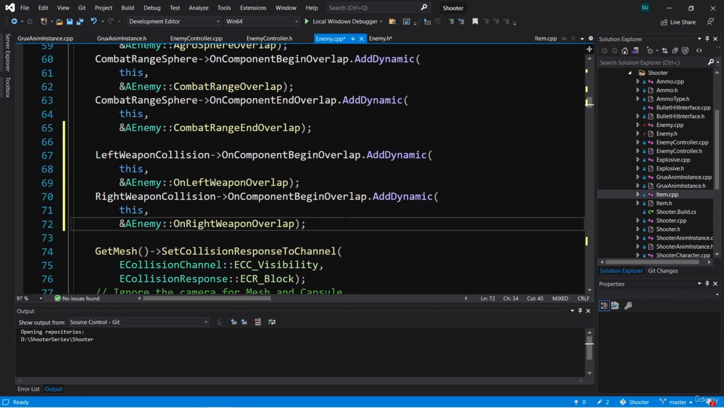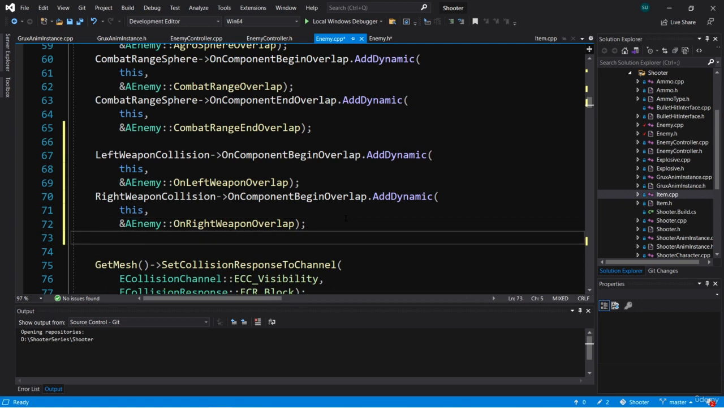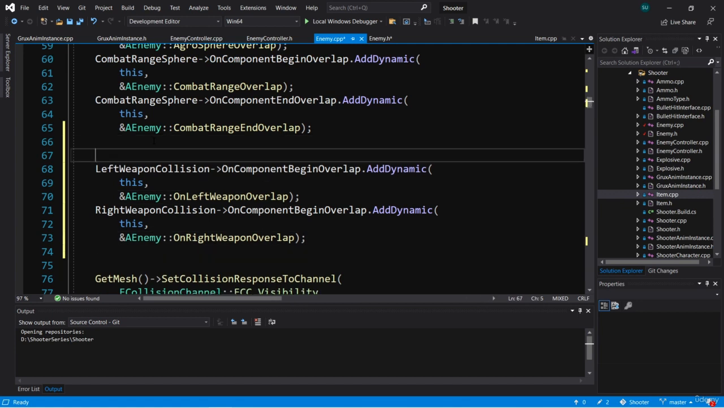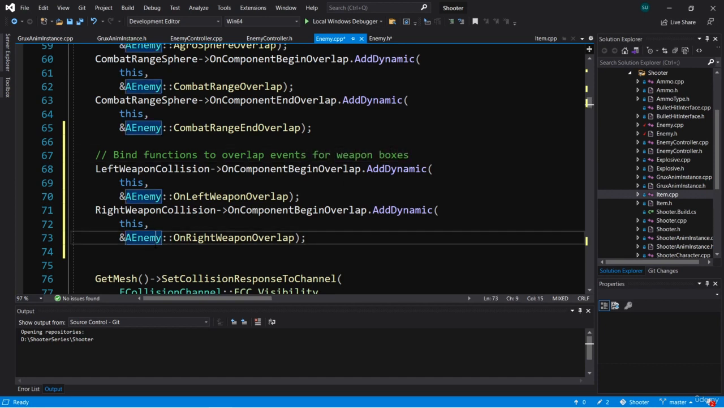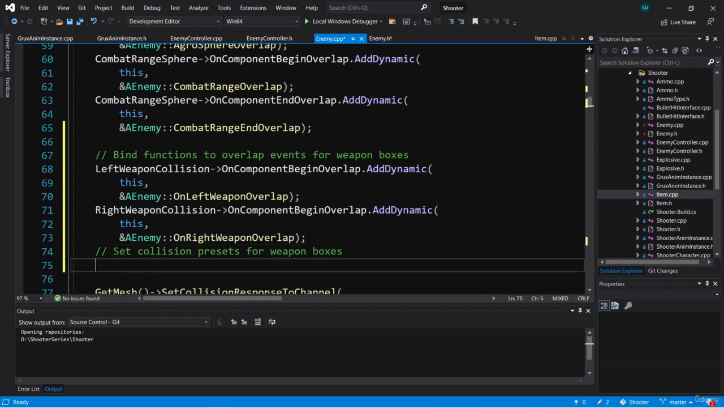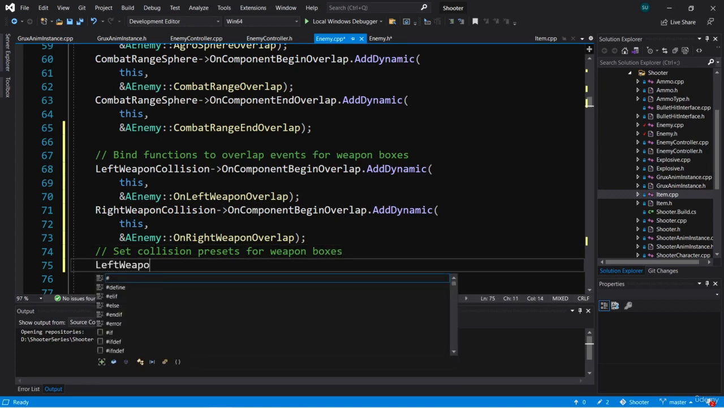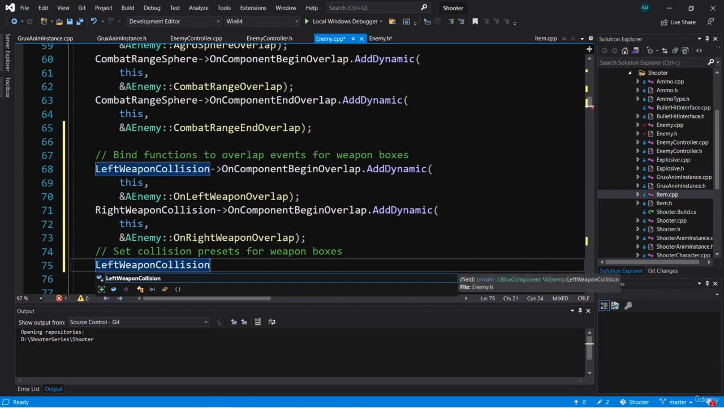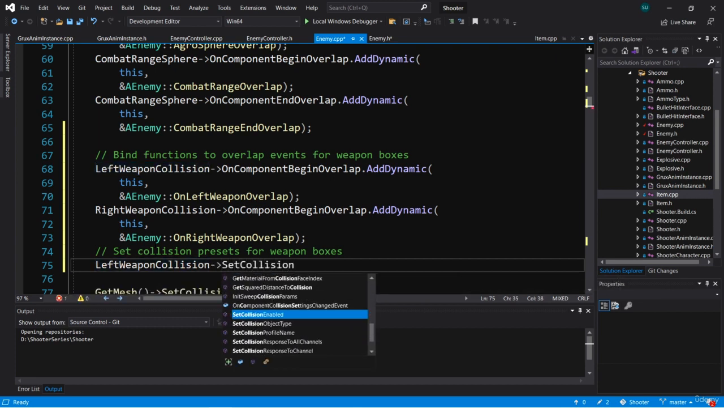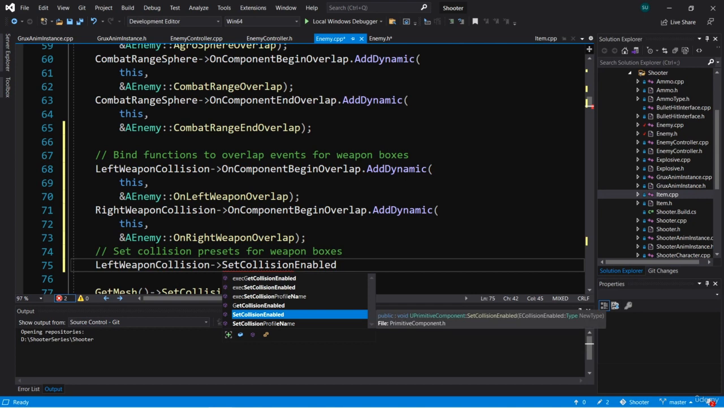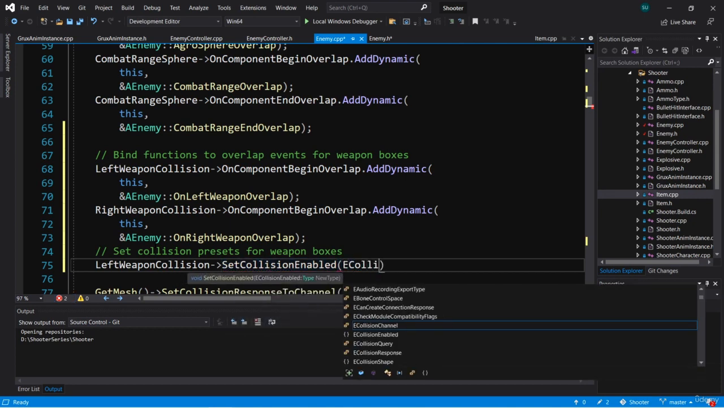Now I'd like to set the collision settings for these boxes right here in begin play. So let's go ahead and add a comment to what we just did and say bind functions to overlap events for weapon boxes. And just below this, we're going to create another comment and say set collision presets for weapon boxes. Now I'm going to take the left weapon collision and I'm going to call set collision enabled, and I'm going to set this to e collision enabled